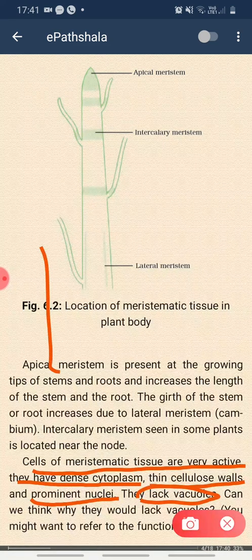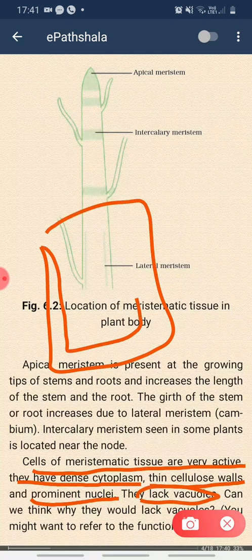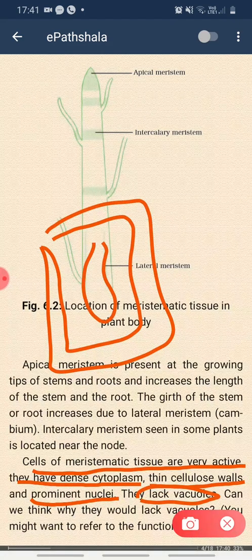If you see a plant cell, suppose this is the plant cell, it has a big vacuole in here. Okay, this is the vacuole, and what is it filled with? Cell sap. Cell sap is what? Extra nutrients or whatever water is present in extra amount. Okay, cell sap is basically water content. Why is it present? In order to keep the cell turgid, or to maintain the osmotic pressure. Okay, the cell vacuole is present.